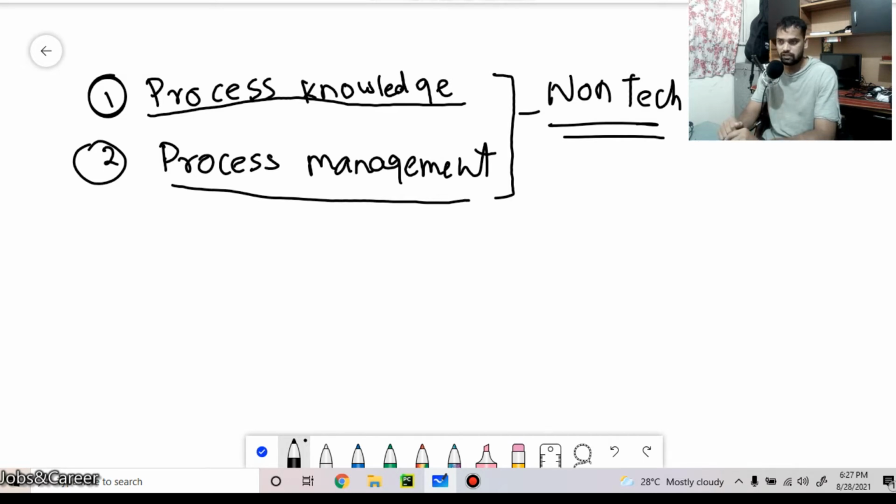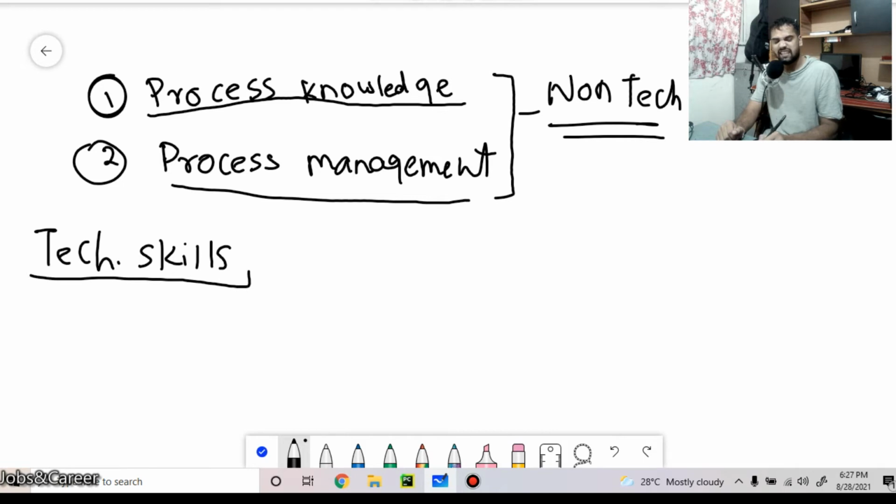Now let's come to the main point, the technical skill. If you're looking for any data job, you need to have Microsoft Excel skill. This is one of the essential skills. If you don't know how to handle Excel, then it is not going to work anywhere. You can apply to thousands of jobs, but it will be very hard to find a job without Excel knowledge. So try to learn Microsoft Excel.